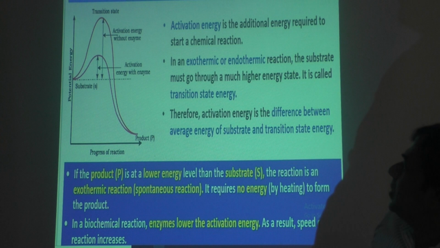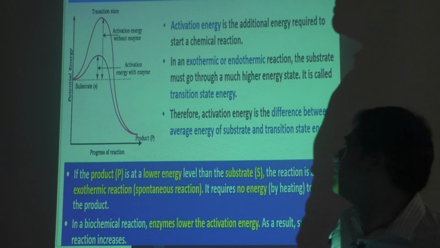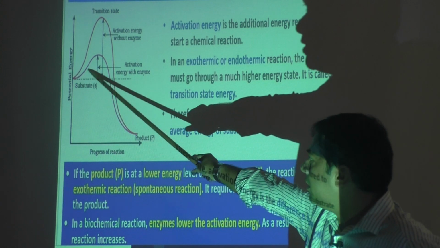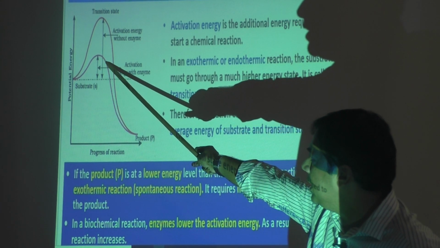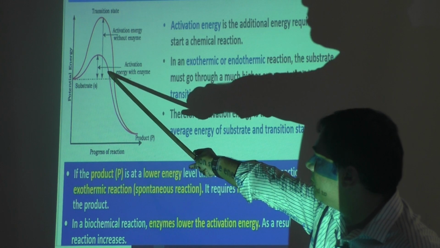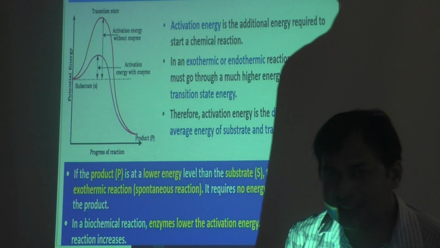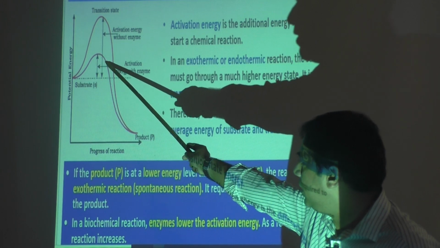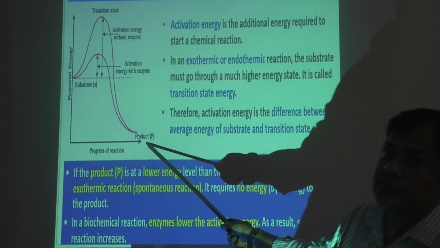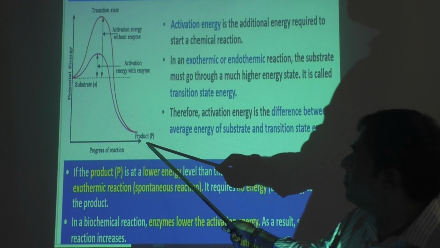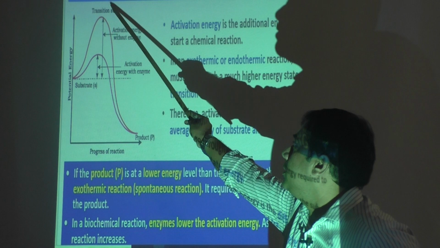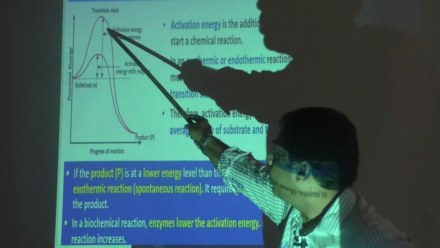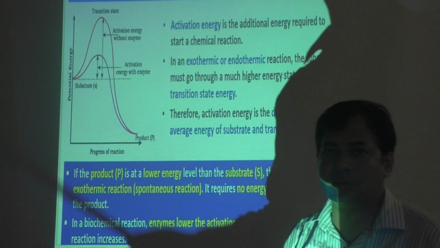You see here, this has reached the product fast. This is a substrate. Okay, it has started and went to the transition state quickly with the enzyme. When an enzyme is present, the substrate will go to the higher transition state quickly and produce a product. But when the enzyme is not there, it goes high and then comes to the product. That means this is a slow process, and this is a quick process.